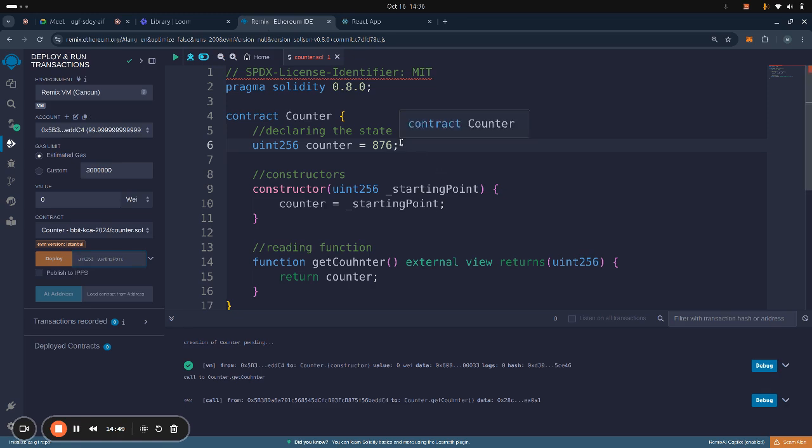If you define the value of the counter, the initial state of the counter, as 876 here, during deployment it will still ask you for another number. If we change it to another, random number like that, and hit deploy